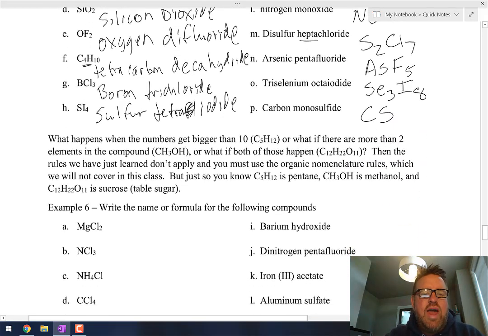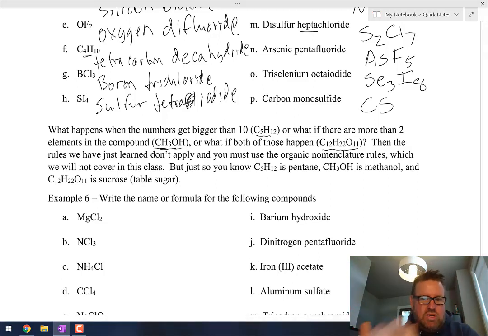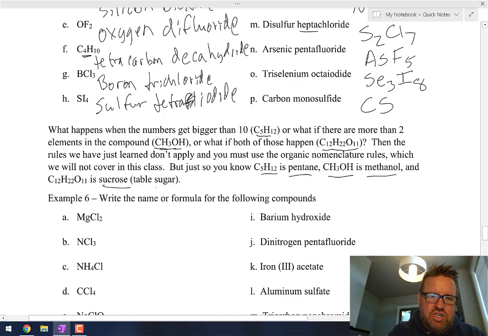Okay, now a lot of times what happens when the numbers are bigger than 10, like C5H12, that's a real compound. Or what if there's more than just two elements in there, like CH3OH? Or what if both of those happen? What if you got 3 elements and they're all more than 10? Well, then the rules that we just learned don't apply. You're going to use what's called organic nomenclature rules, which again we don't cover in this class. But just for your own sake, C5H12 is called pentane, CH3OH is called methanol, and that is just our regular good old-fashioned table sugar, sucrose,